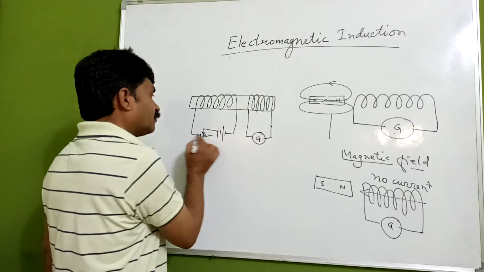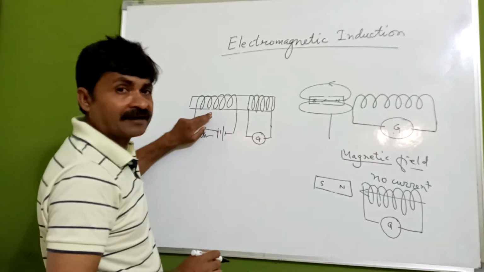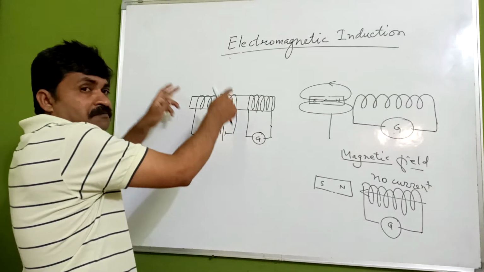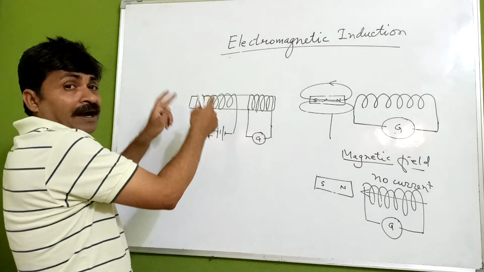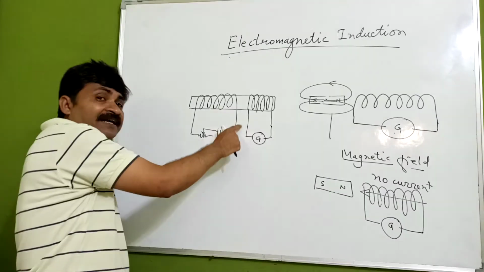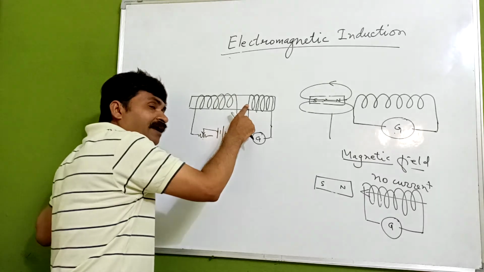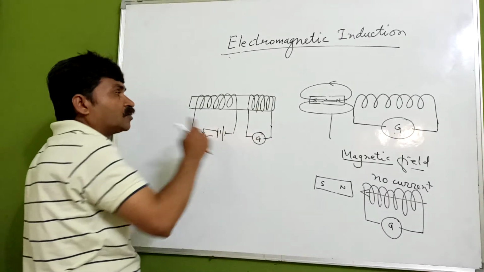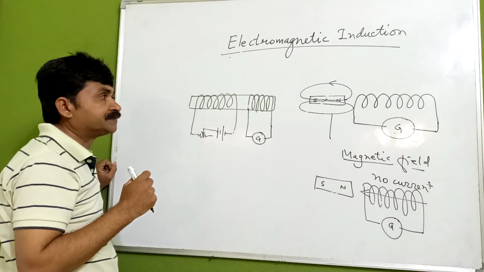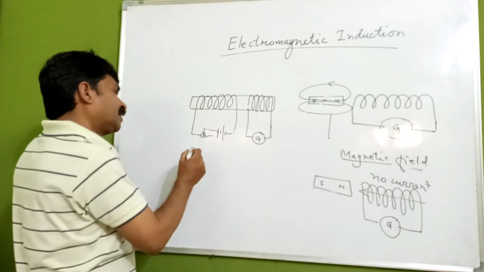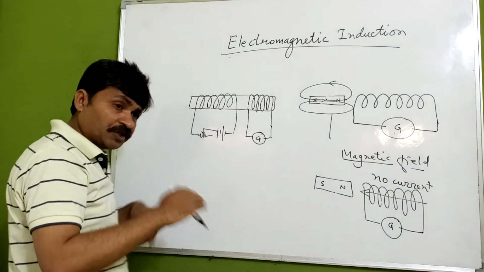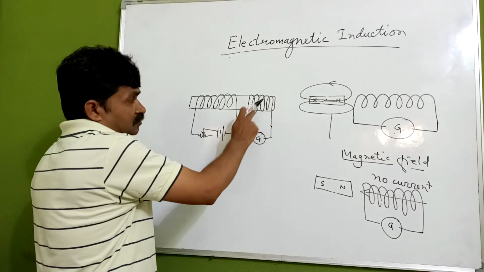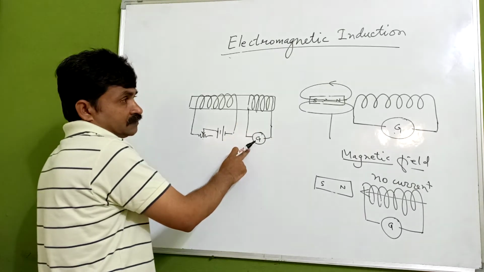Okay, so we can move this, and there is a change in the current. Because of the change in current, there is a magnetic effect, and the magnetic field changes. Magnetic field change means magnetic field lines are changing, and when magnetic field lines are changing, they cause an EMF to be induced in it, and this EMF causes a current to flow in it. Okay, so it is the EMF which is induced in the coil itself, so we can call it a self-induced EMF also.